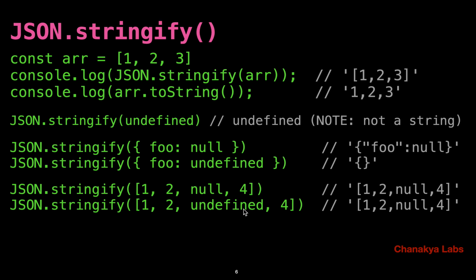But in case of arrays, it is very much like this many items are there, and this is the index of 4. If you drop it, then the index of 4 will now become 2 rather than 3. So now this might be a problem, right? When you are dependent on JSON.stringify, and then let's say JSON.parse, and you are dependent on that parsing logic, and let's say you are using that code somewhere else, then that might create problems. That's why JavaScript will not change the length of the array, keeping the length of the array the same, but still some values are invalid, so they handle it by replacing them with null. Okay,